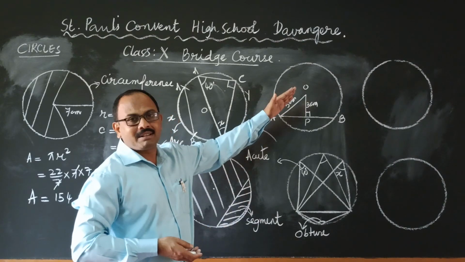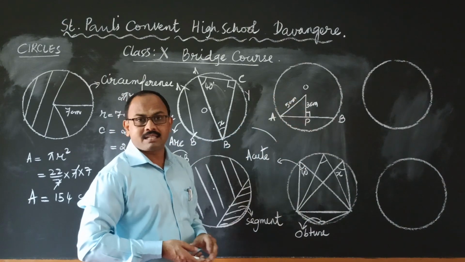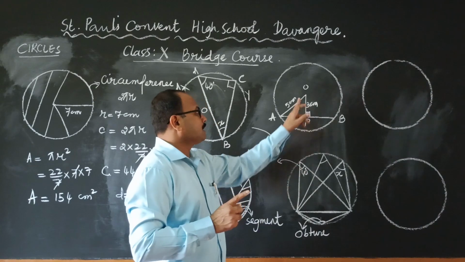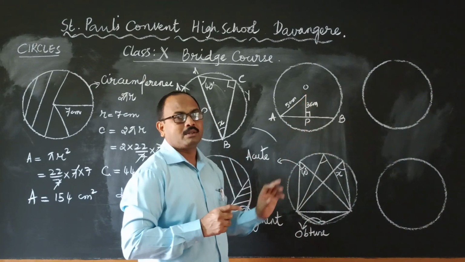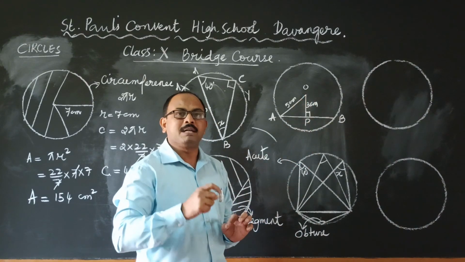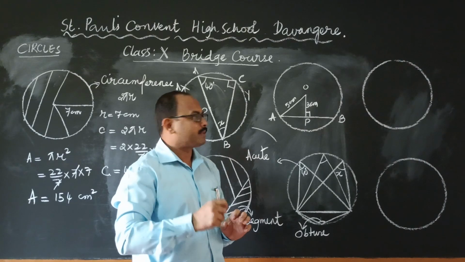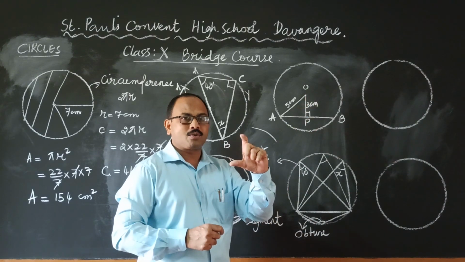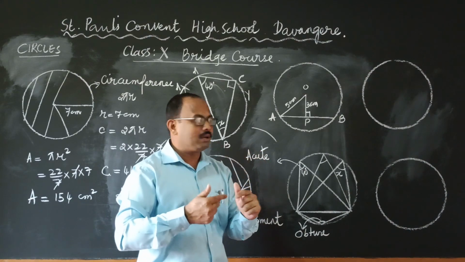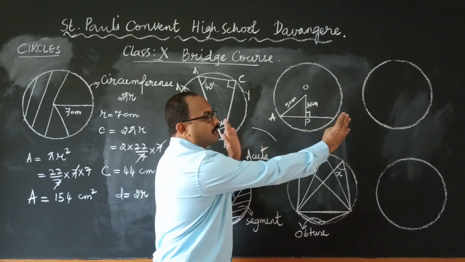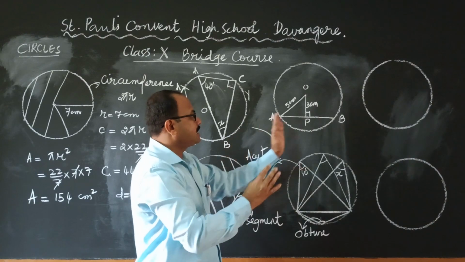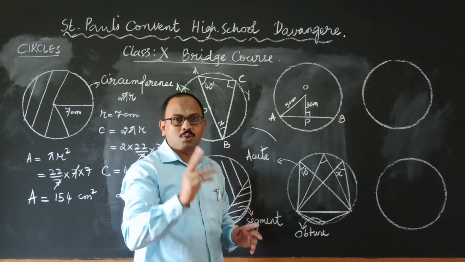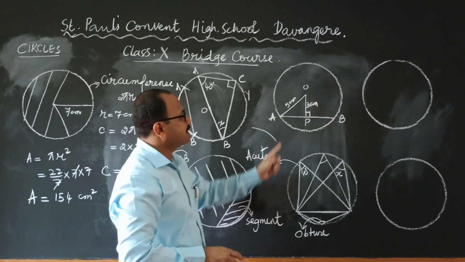The radius is given, perpendicular distance is given. Perpendicular distance, I have already told you, the distance from the center to the chord is known as perpendicular distance. The perpendicular drawn from the center to the chord bisects the chord, which divides this AB into two equal parts. Here, children,